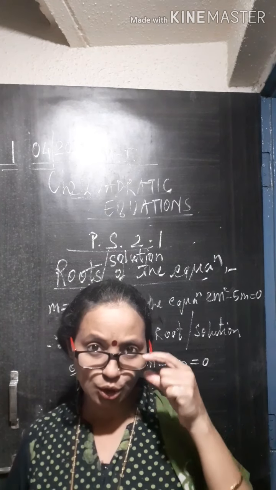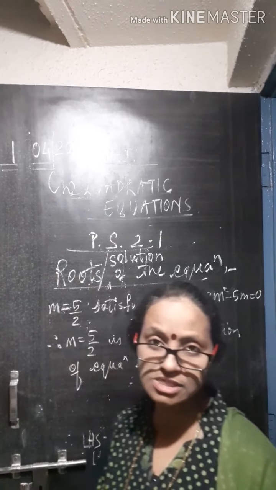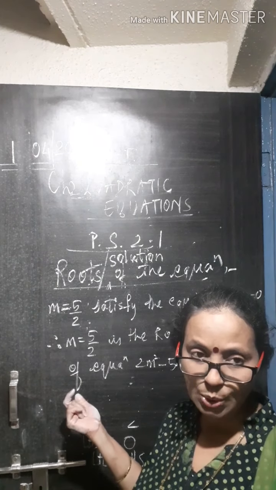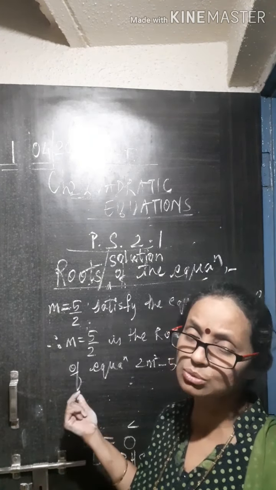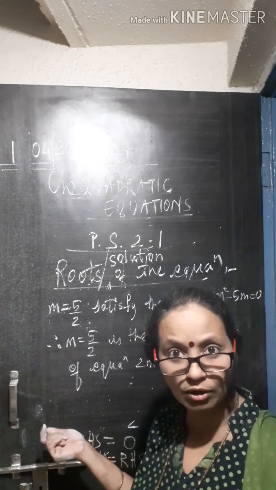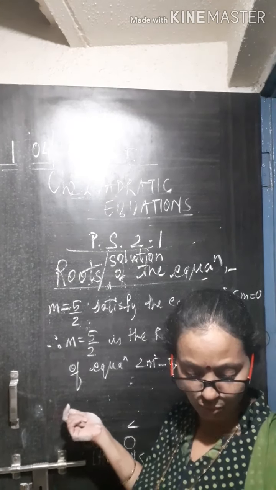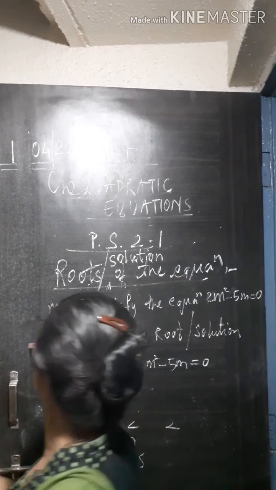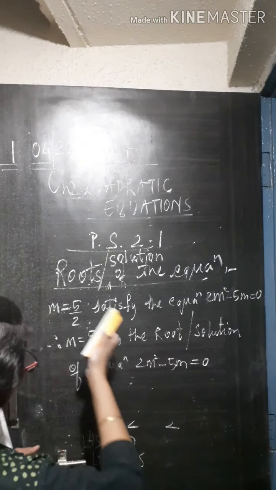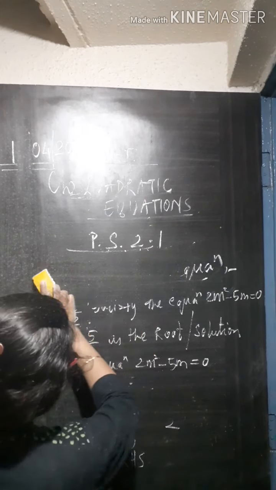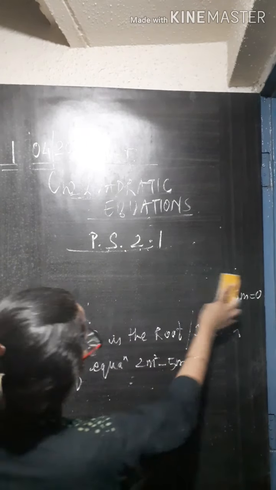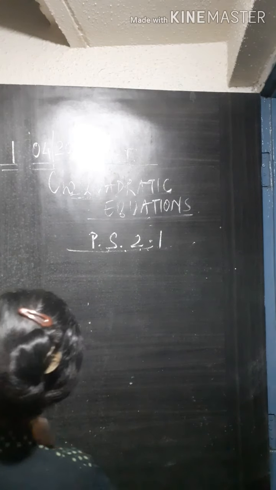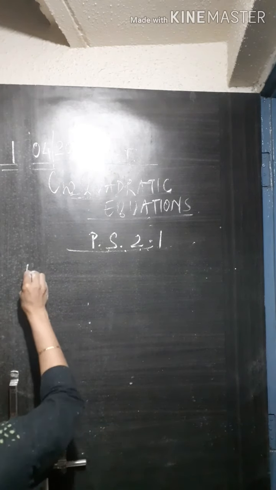Is that clear with the root, or what do you mean by root and what do you mean by the solution of the equation? Any value of the variable in that equation that satisfies that equation is the root of the equation or is the solution of the equation. Is that clear? Question number 5. Let us see the next question number 5. Is that clear to you? So till here it's clear. Shall I rub it out? Question number 5.